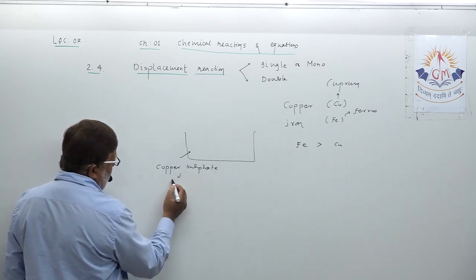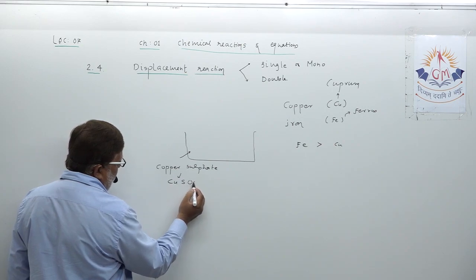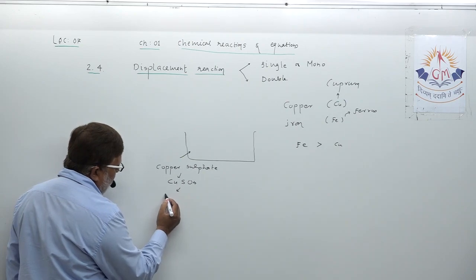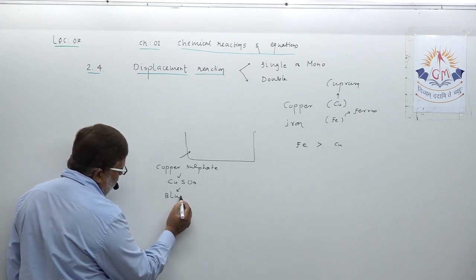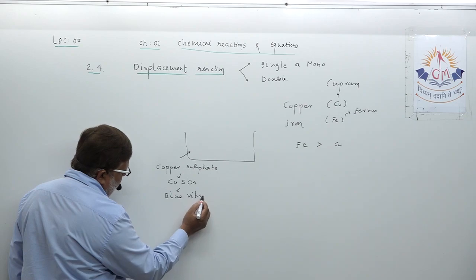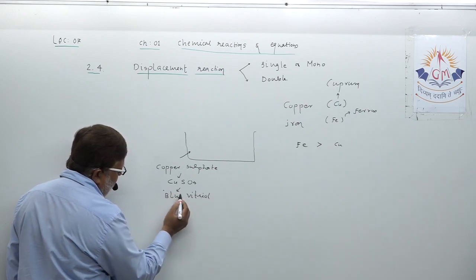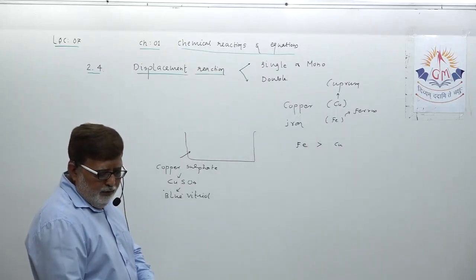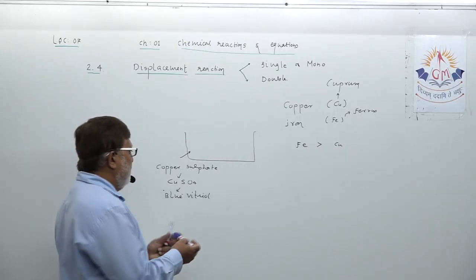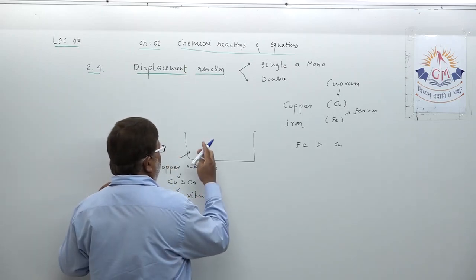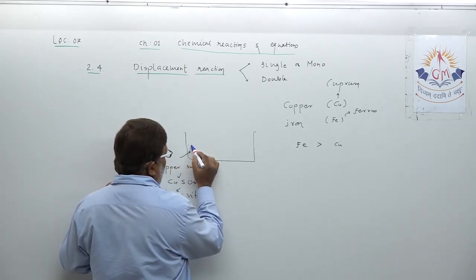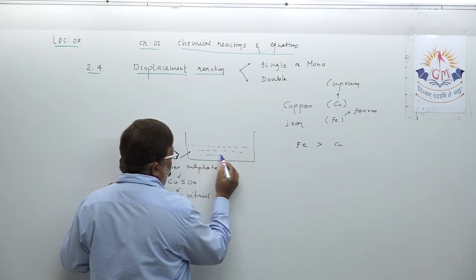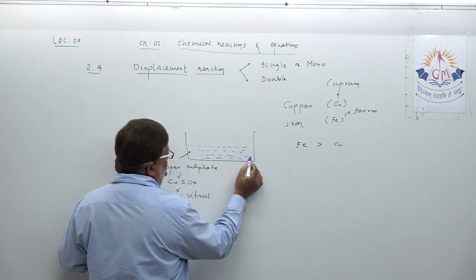You all know the color of copper sulfate. Sometime here also one line, dear student. Copper sulfate by common name is also known as blue vitriol. The name itself gives an idea that it is a blue colored solution. So suppose we take copper sulfate solution. Here I have taken blue colored copper sulfate solution.